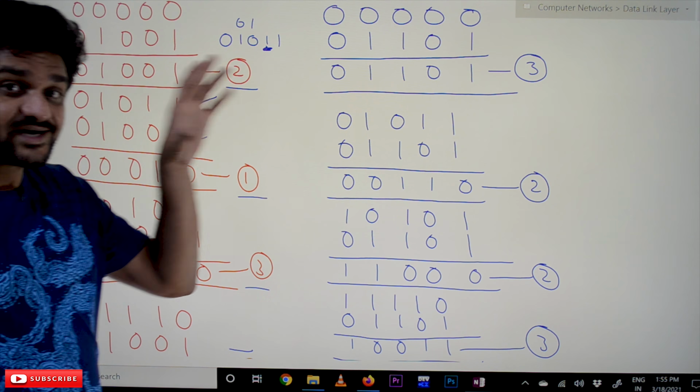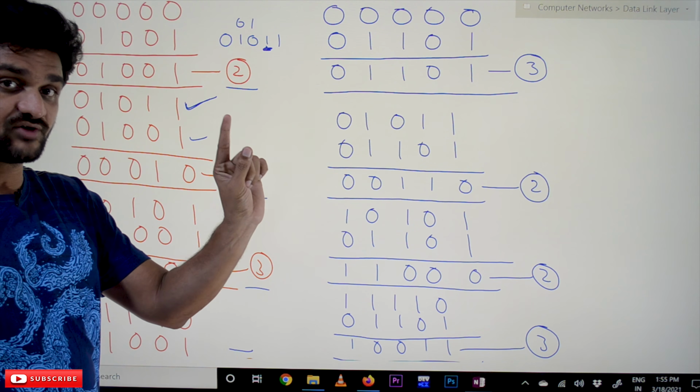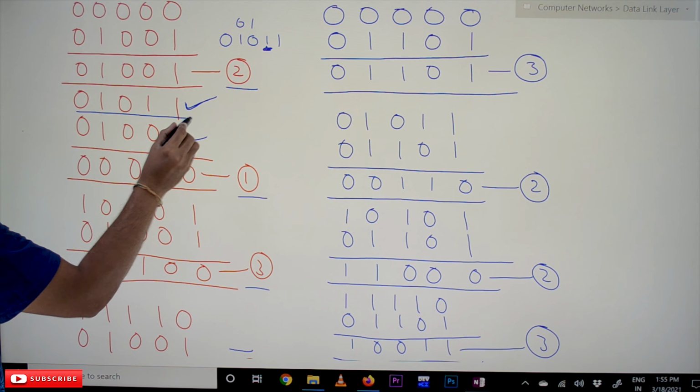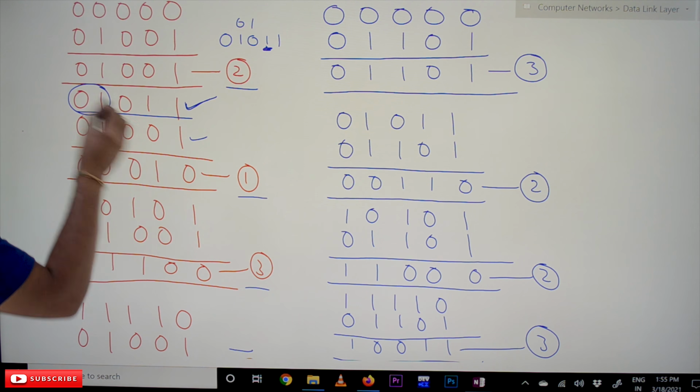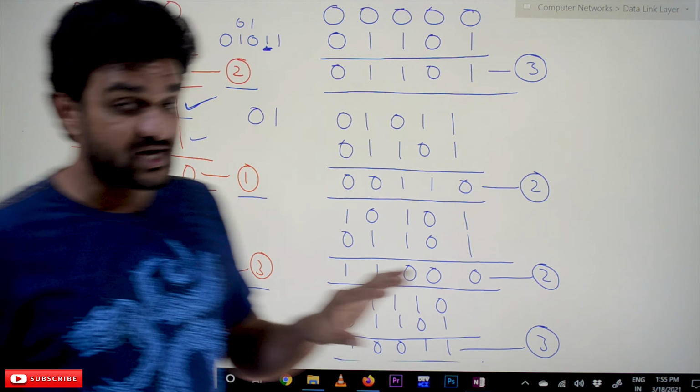So we can correct the code word with an error of 1. We can correct this code word to this code word, and the data word 01 can be transmitted to the receiver if there is only one error.